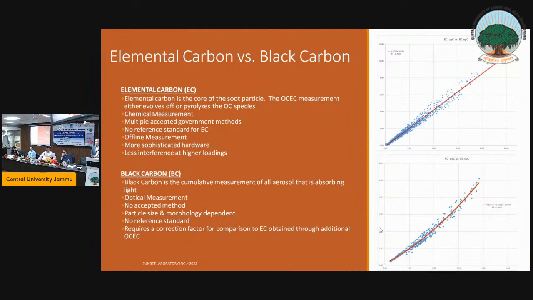Does other metals include the process of measurement of black carbon? I'm sorry, I couldn't hear you. I request to use the mic because it is for benefit of all. So